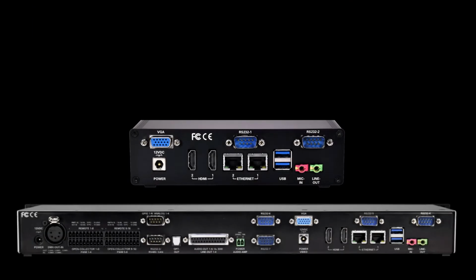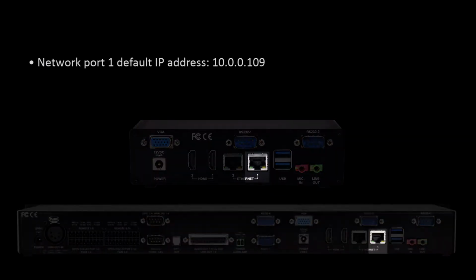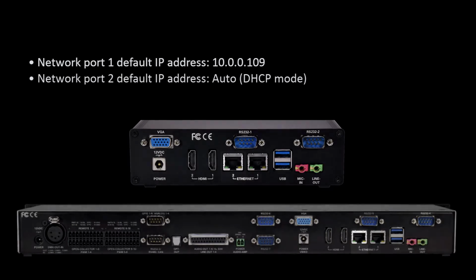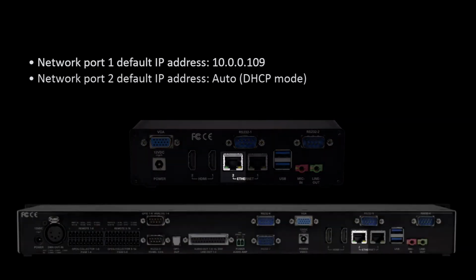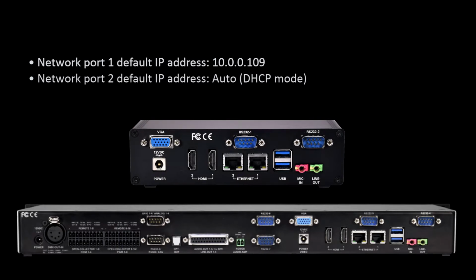The ProVP device network ports can be addressed as desired, but as shipped, network port 1 is configured to a static IP address of 10.0.0.109. Network port 2 is configured to DHCP mode, offering another connection option for initial configuration. However, we highly suggest using a static IP address on either port 1 or 2 for use in a show control architecture, as the ProVP device address is a critical component to control communication with other devices for media triggering